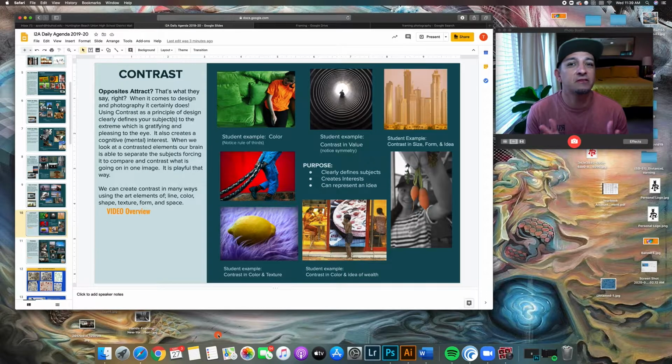Contrast, some of you guys might be able to understand, is just opposites, okay? And we've got to think about that term, opposites attract. Is that necessarily so? Maybe, but definitely with photography, opposites do attract. It creates some level of interest. It's pleasing to the eye for some reason, and it creates a dynamic of different ideas sometimes that just makes